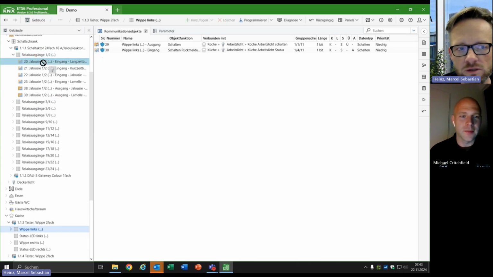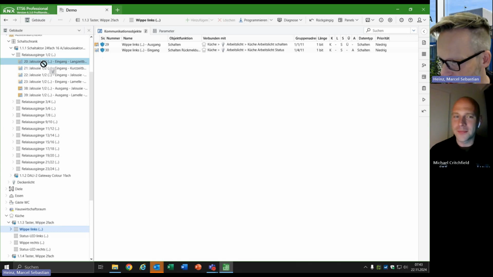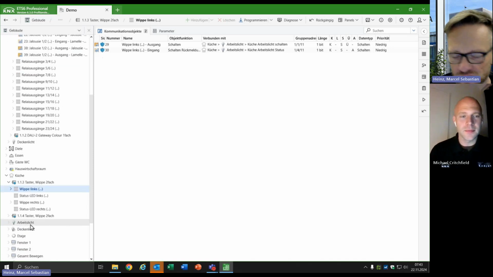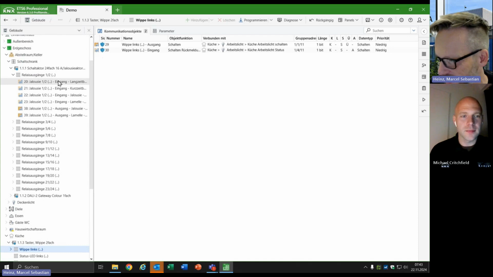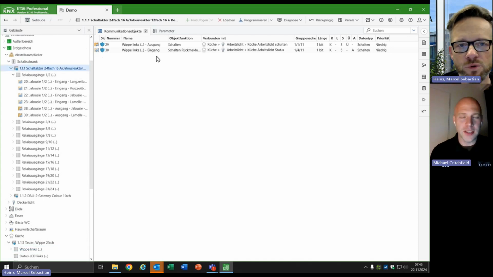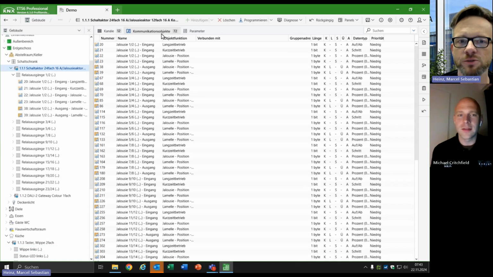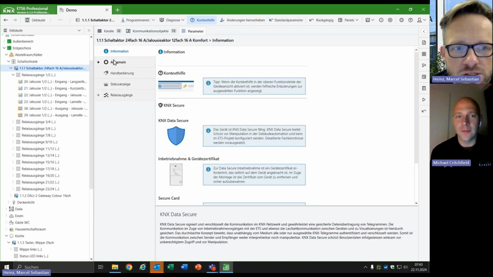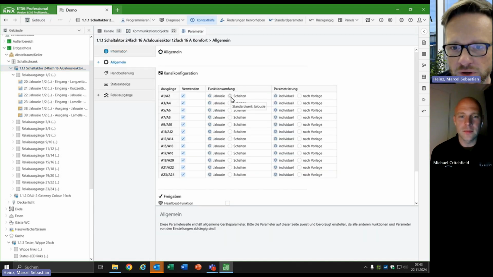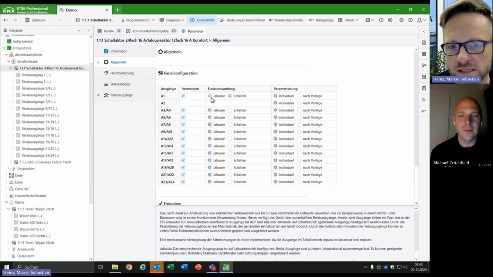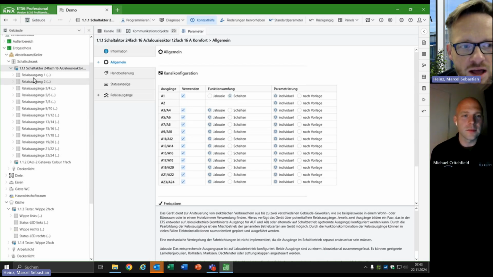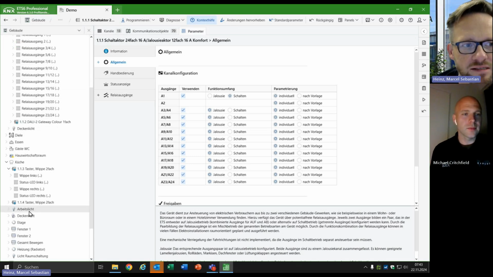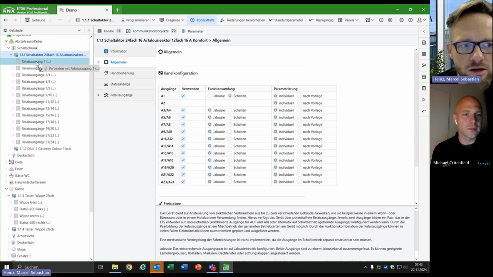The combi actuator is per default set up to shutter and blinds functionality. I'm not able to link a switching light functionality to a shutter blind channel, so I have to change the parameters first, because ETS is not able to do this. I go to the parameter dialog of this actuator and switch from shutter and blinds to the switching functionality. Now I have two switching channels in my actuator, and I'm able to link the Arbeitslicht to one of these relay contacts.